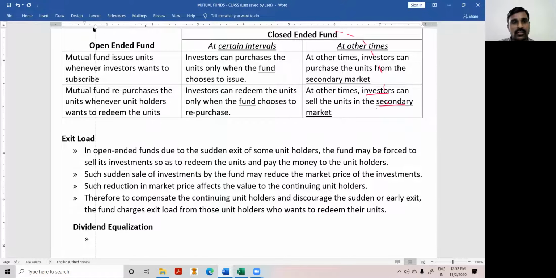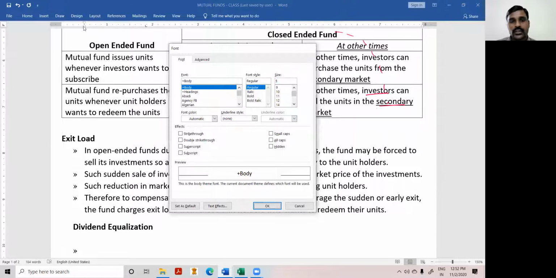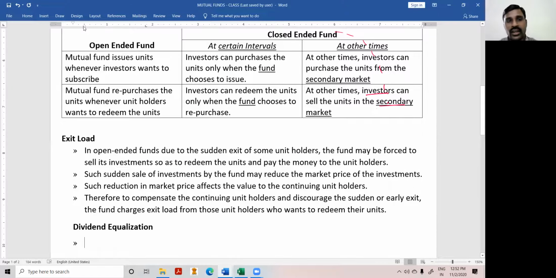Dividend equalization. So what happens is that income is retained. For that, this concept is relevant. Dividend equalization. The entire income earned by the fund